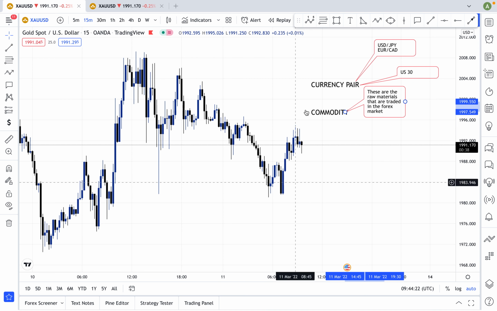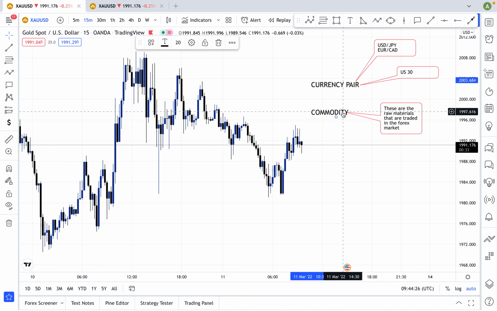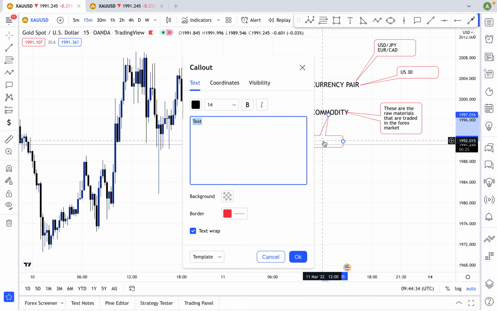These are the raw materials being traded in the forex market. And then we have them. I'm going to list some of these commodities that we trade in the forex market. You have crude oil, you have some natural gas as well,